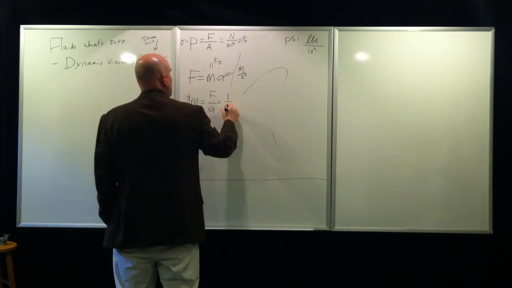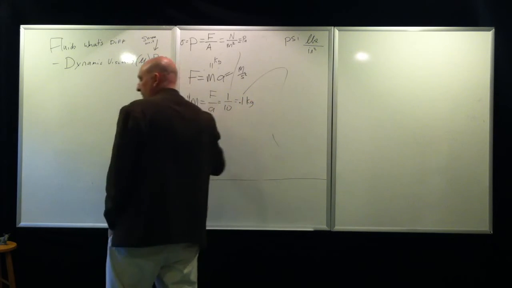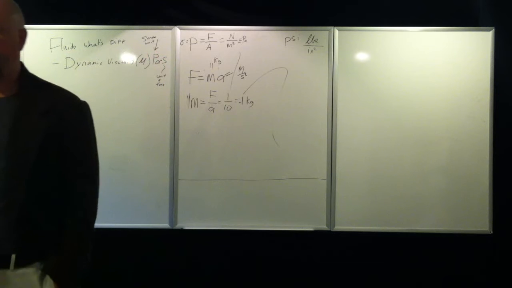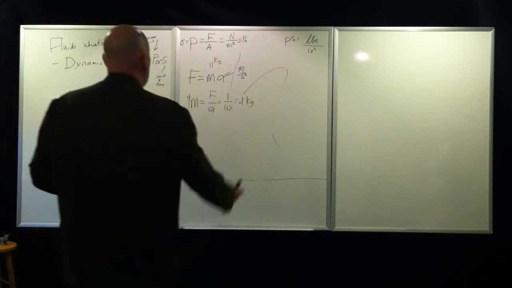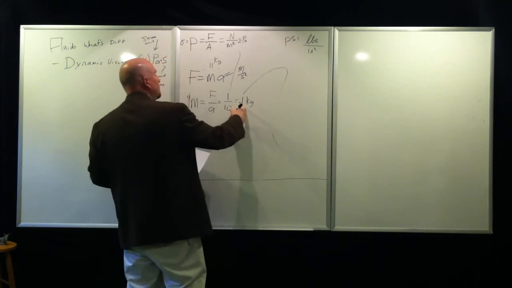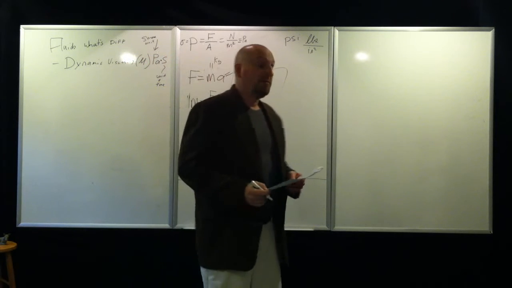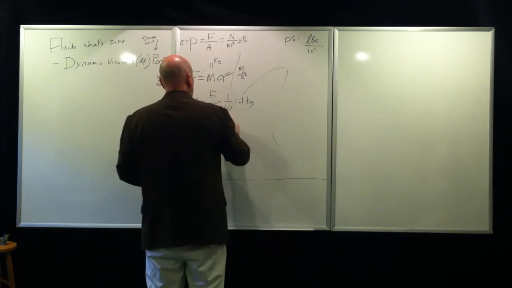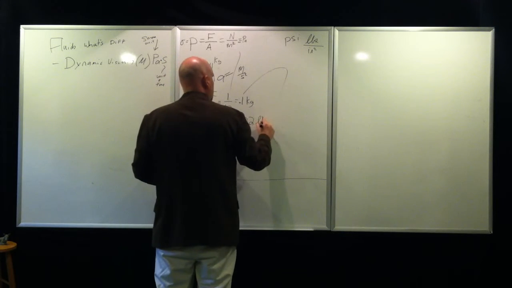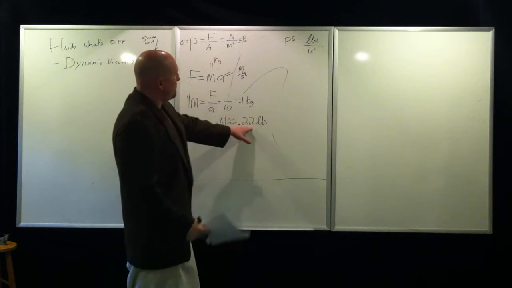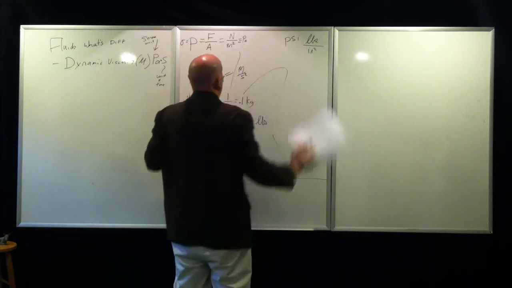Force is 1, the acceleration is 10, and we have 0.1 kilograms. 0.1 kilograms is equivalent to approximately 1 Newton. Therefore, 1 Newton is approximately equal to 0.22 pounds. So if I put 0.22 pounds of force over this whole area,